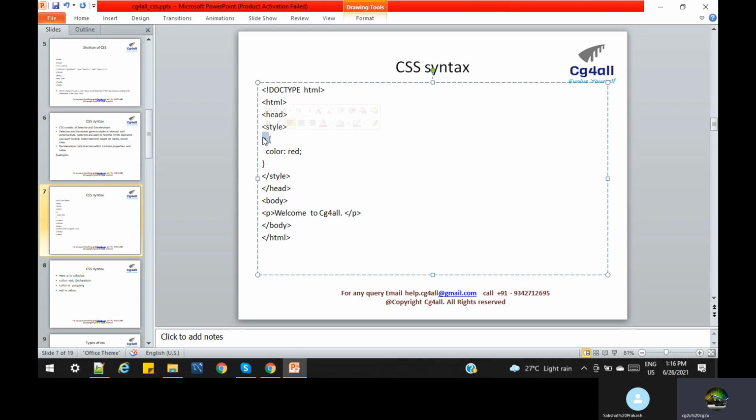Basically, any CSS code in general has two parts. One is the declaration and one is the referring element, right? So we are referring to P. This P started and P closed. This P is an element, and how the P text or color should be seen, we can handle by the CSS. Okay. Let us understand with an example.